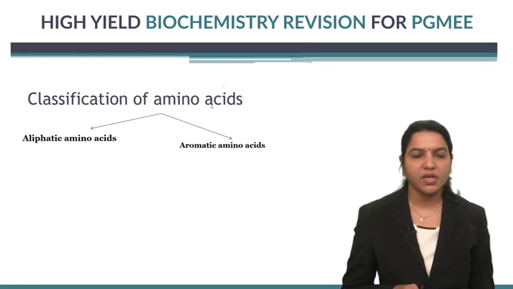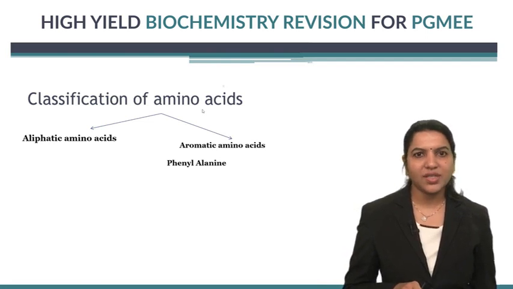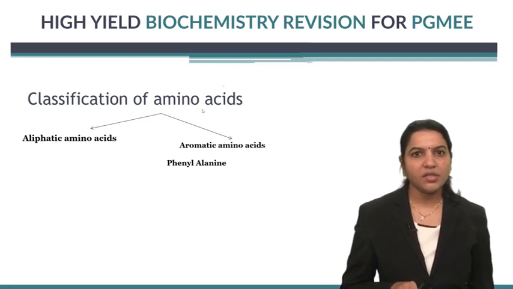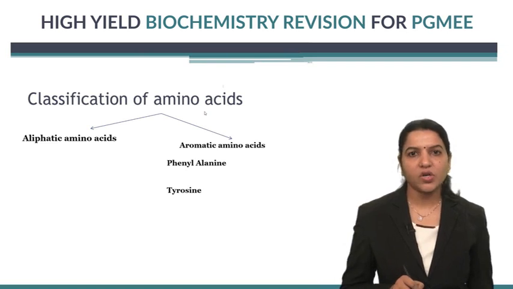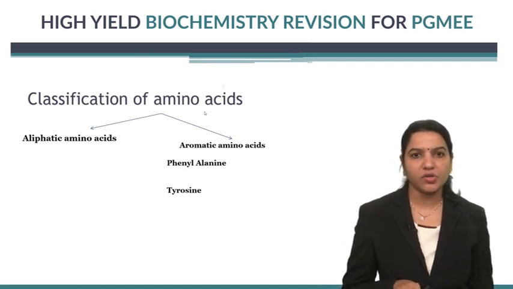aromatic amino acids. Aromatic amino acids include number one, the phenylalanine, which contains the benzene ring. And this benzene ring is hydroxylated. The product is tyrosine. So the tyrosine is having a ring structure with the hydroxyl group, that is the phenol group. This phenol group is having hydroxyl group. So hence tyrosine is also an aromatic amino acid with hydroxyl group, and then the histidine